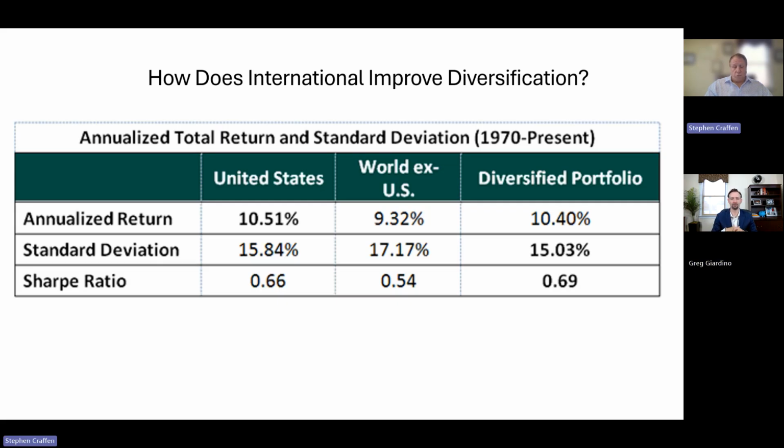Yeah, and international has gotten a bad rap because it has really underperformed domestic investments probably for the last 10 or 12 years. But you're going to see, Greg's going to show you later what's happened prior to that. And we may see rotation back to international, possibly. We don't know how persistent it will be, but this year international has really beaten domestic.